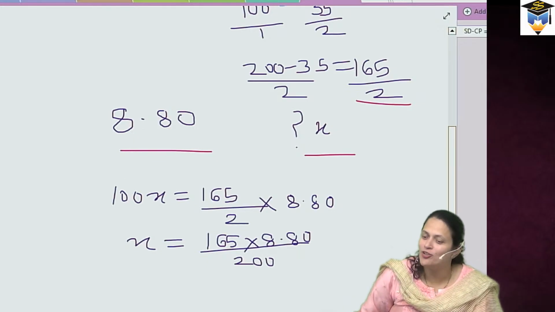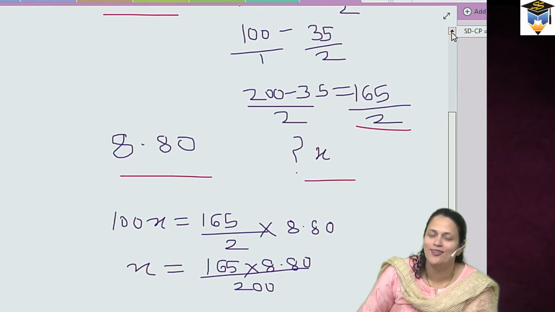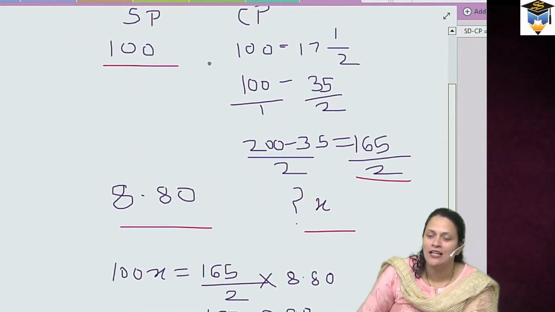मॅम मी लक्ष कुठे देतो गप्पा मारतो क्लास मध्ये हा ओके सी चेक हियर when SP is 100 CP was